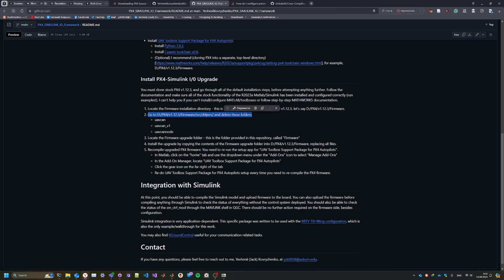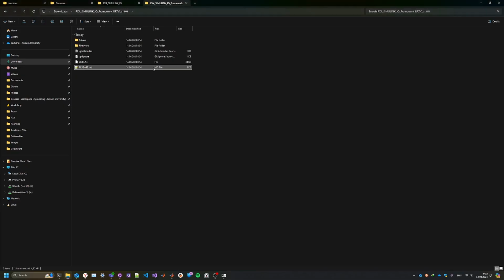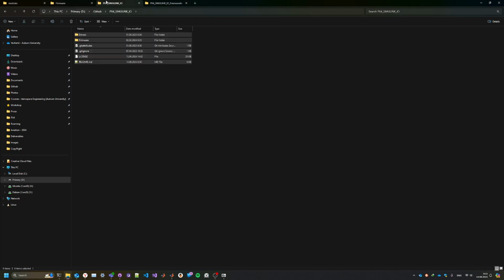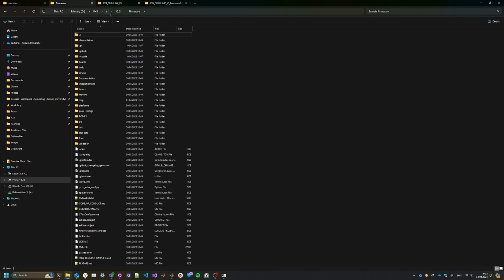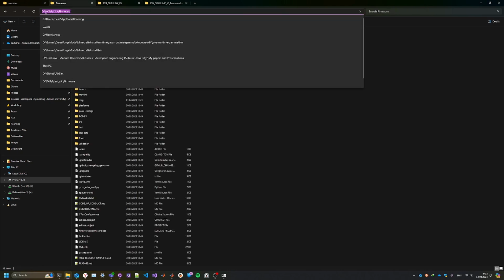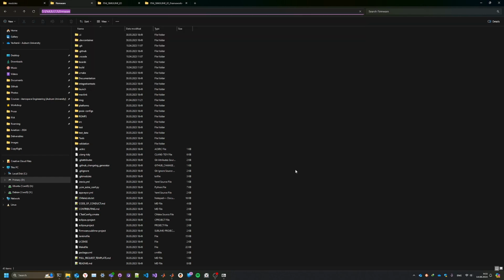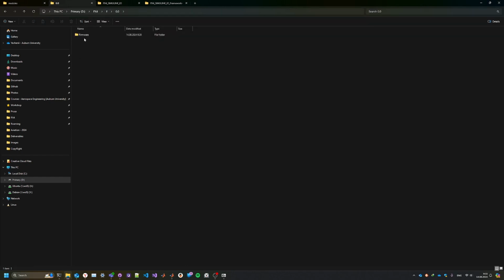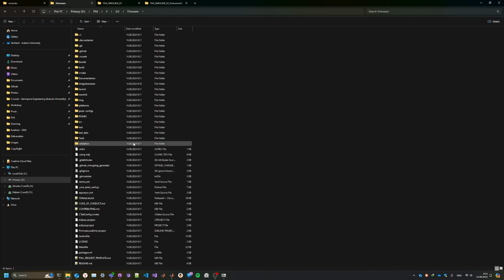You need to go into your firmware that we just cloned, the stock one. So let's go to, yes, this is where we have installed it, PX4, well, not 12. We have installed it here. So this is our stock PX4 firmware. We go to sources,